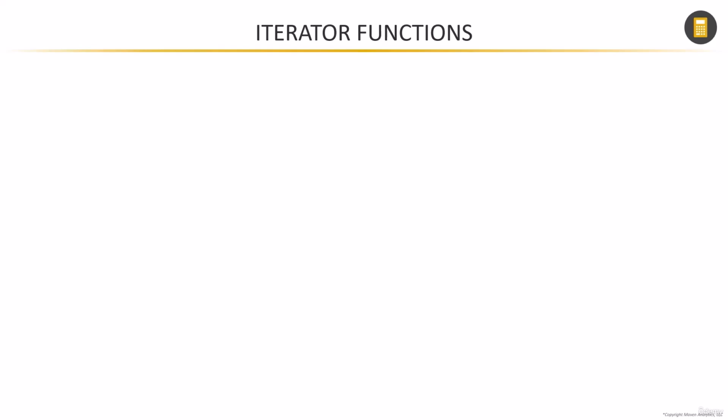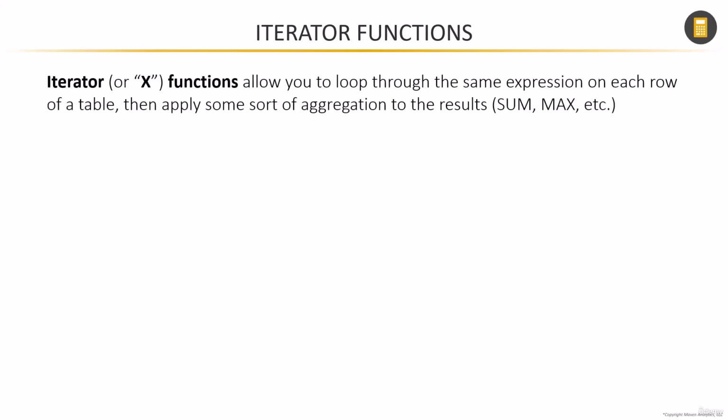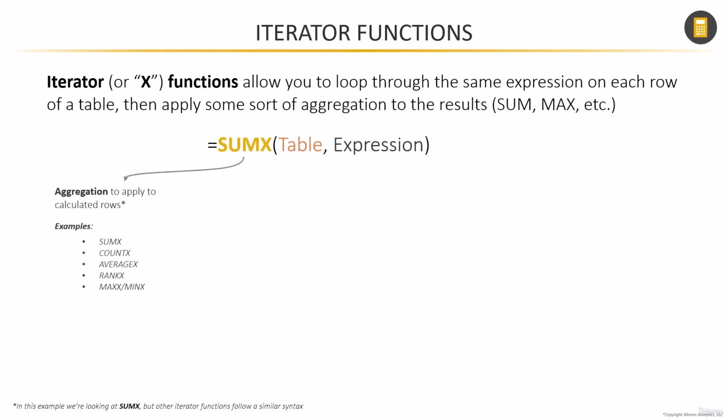Next up, I want to take a quick look at iterator functions, otherwise known as X functions in DAX. In a nutshell, what these iterators do is they loop through a given calculation or expression for every row within a table, and then they apply some sort of aggregation to that result. So here's an example of what SumX looks like. In this particular case, the aggregation mode is sum, but this same syntax applies to other X functions like